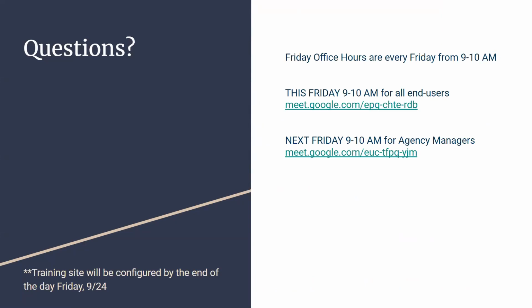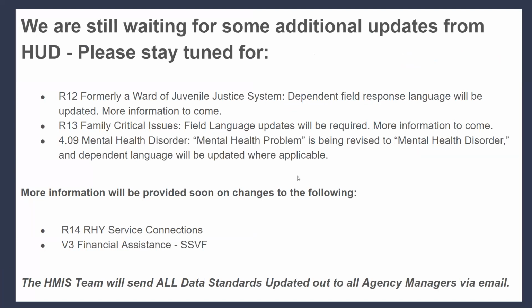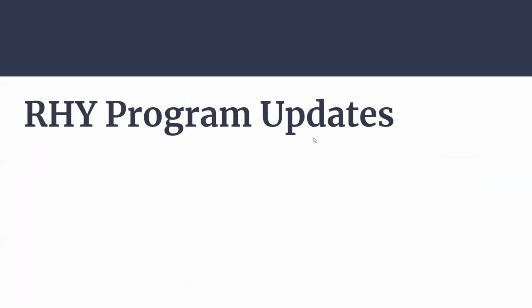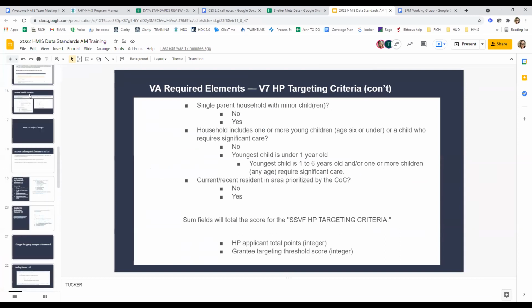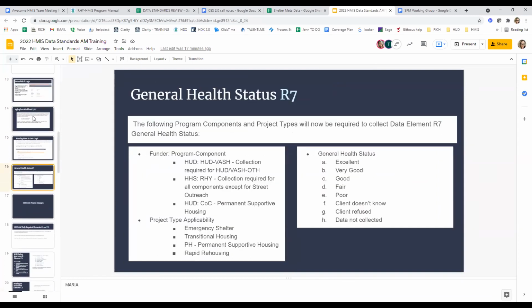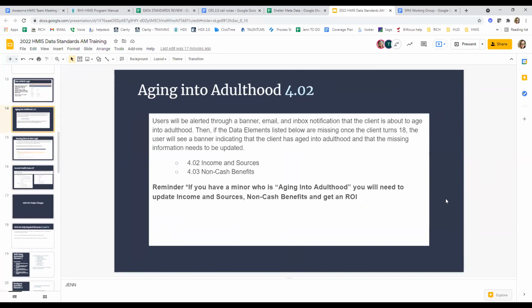So yes, I have a question. I'm sorry. So going back to the ROI for the child turning 18. So the release of the ROI at the bottom of the page, it says this release of information also applies to the following dependents. So that young adult could still be considered a dependent, correct? Would they still have to sign a new one? Or could we just continue using this ROI?